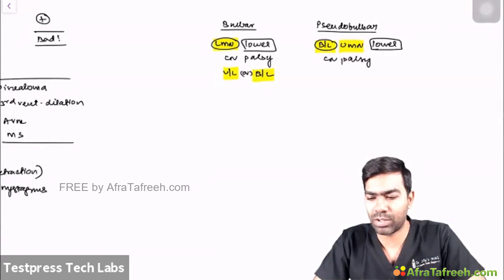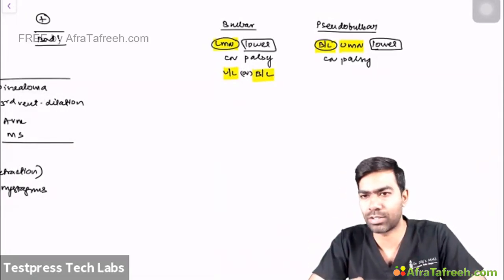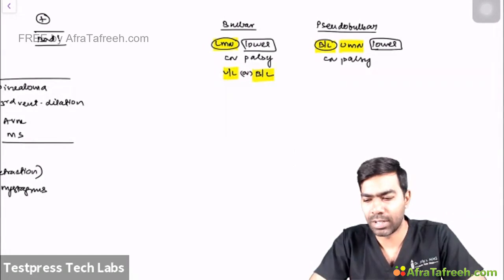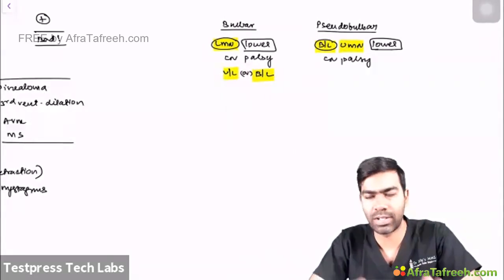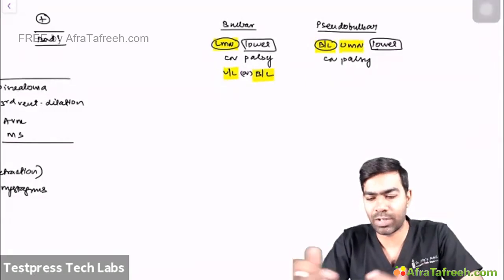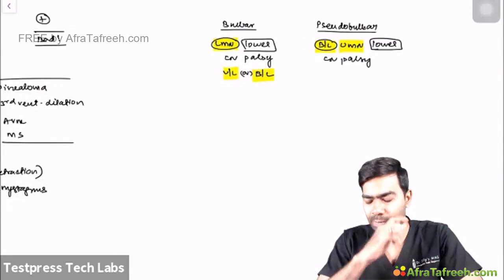There can be an association with other cranial nerves also. For example, even the 7th nerve can be damaged along with that. So it's not only 9, 10, 11, 12. There can be additions or subtractions also. Doesn't matter. It's a vague term. But nevertheless, it's a lower cranial nerve palsy. If it's bilateral UMN, we call it pseudobulbar. If it's unilateral or bilateral LMN, we call it a bulbar palsy. And more importantly, how to differentiate them is